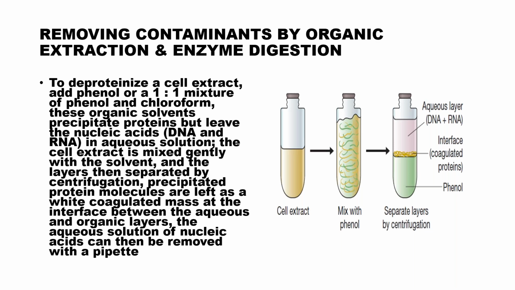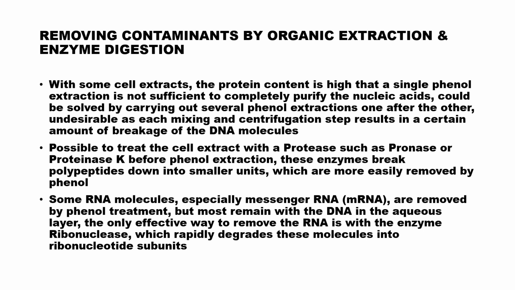Clear? All those things we discussed in the last class, so that's why I am going at a fast pace. In certain cases the cells will have high protein content. In that case only we go for the protease enzyme. Examples of protease enzymes are pronase or proteinase K. What is the function of a protease enzyme? They will cleave or break polypeptides into peptides, monopeptides or dipeptides, and then we can go for purification. If we are using ribonuclease, it will act upon ribonucleotide subunits. So proteins are removed, RNA is removed, and then we have the DNA intact in the vial.